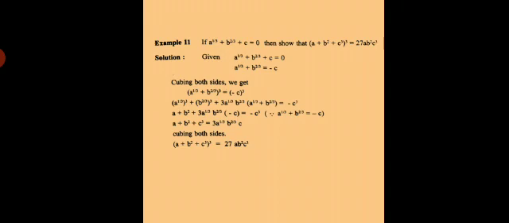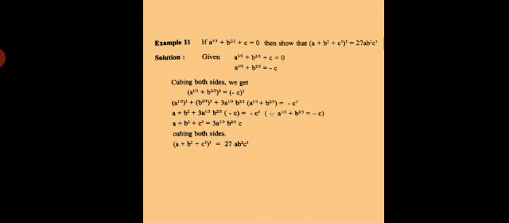Now a^(1/3) + b^(2/3) equals, shifting c to the RHS, minus c. Now we cube both the sides. Why? Because in the RHS part of the expected proof, they have asked us to find its cube. So cubing both the sides, we get (a^(1/3) + b^(2/3))³ equals minus c³.